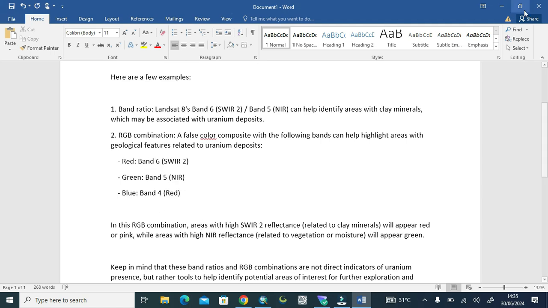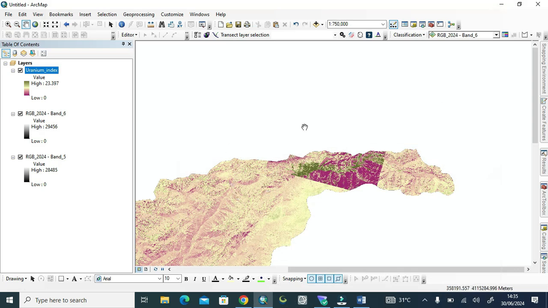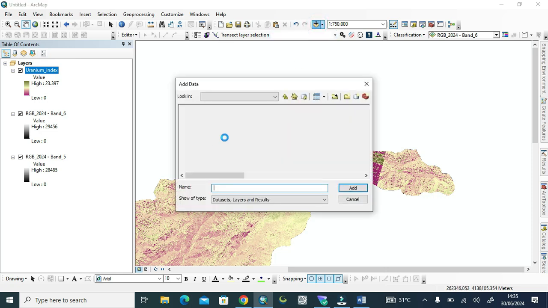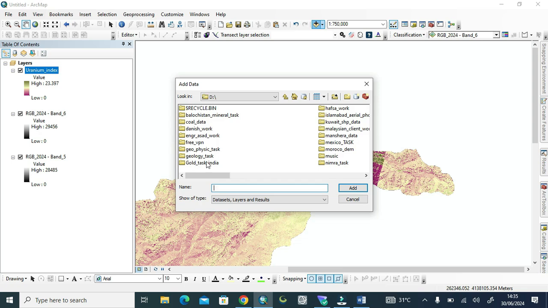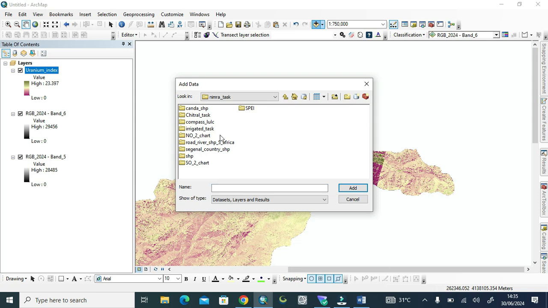So now we apply this. You need to remember this sequence as we come back to our ArcGIS Desktop. Now it's a map interface, and we add the bands which we need here, because for an RGB composite we need 3 bands to make the red, green, blue composite. Okay.